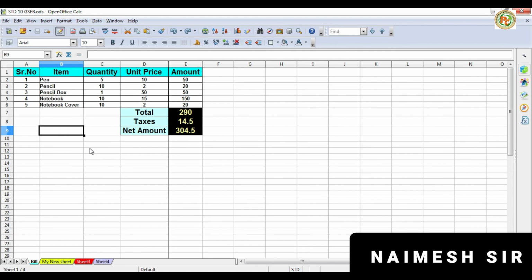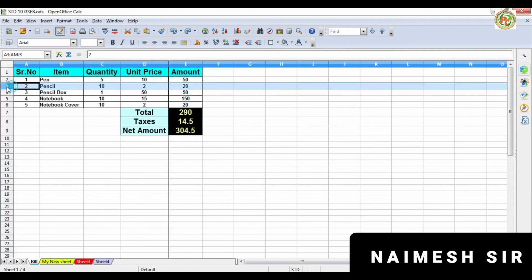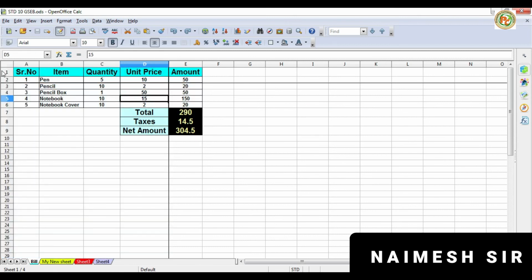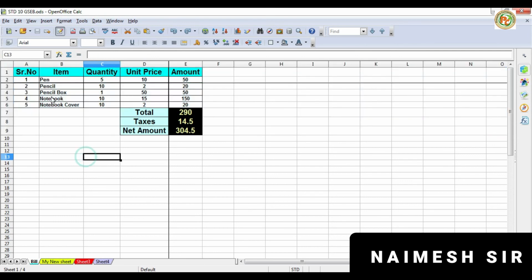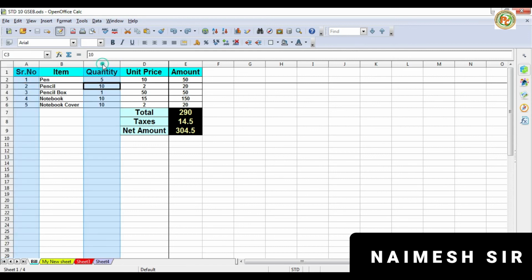Now select the columns. Using the mouse you can select the columns, and similarly you can select the rows. If you want to select multiple, hold down the left mouse button and select like this. Similarly you can do this also. But if you want to select some random columns, select the first, hold down the Control key and click on the other which you want to select, like this.